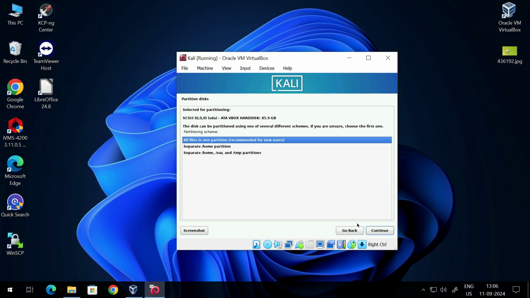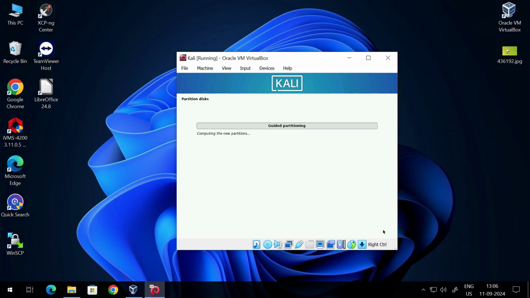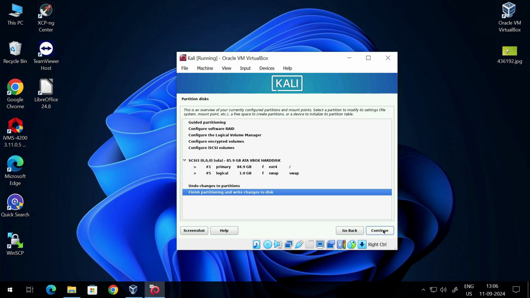So I'm going to select the default, and I suggest you not change this one until you know what you are going to do. So click on next. Now it's showing us the partition details. It's going to delete that particular drive that I have given here, and it's going to create an ext4 drive, which is going to be 84.9 GB primary, and it's going to create a swap partition also,